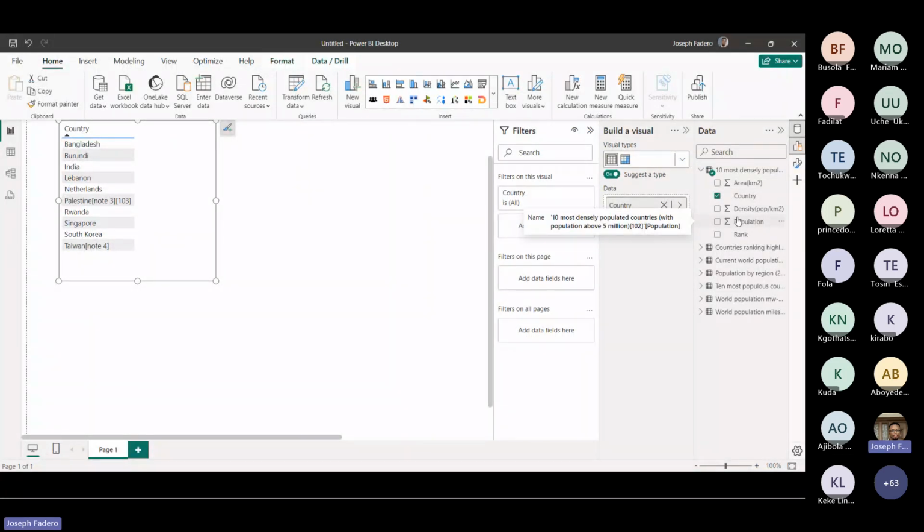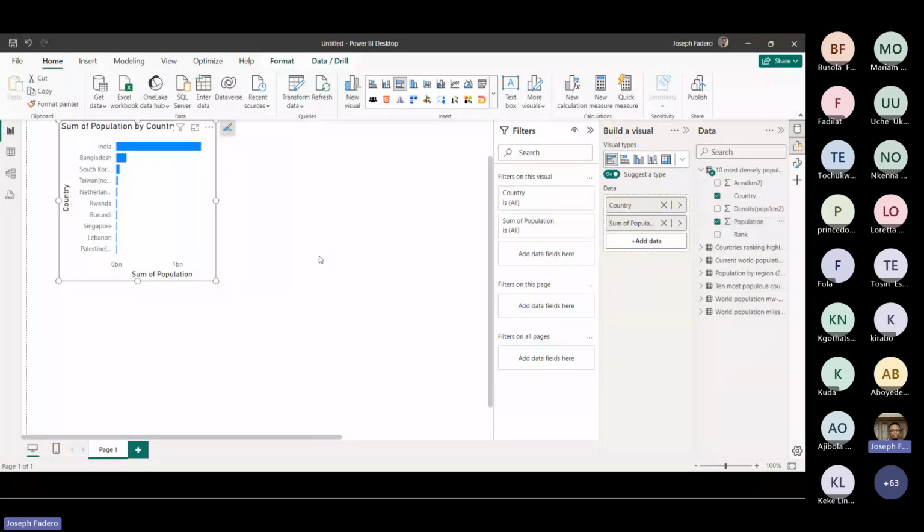So by this, I've created a simple report of countries and population. Just something simple, created in no time, of countries and population based on the data that are loaded from that website. And the beauty of it is that you can automate this process. That website updates probably every month, maybe every week. You can create an automation.